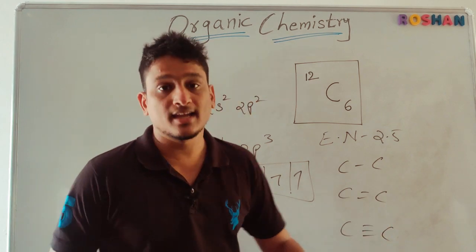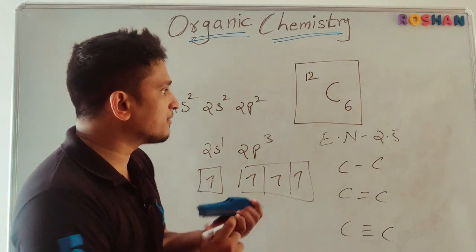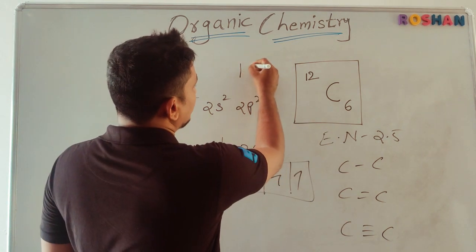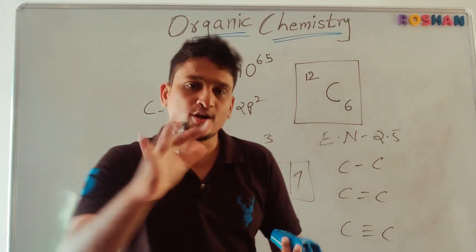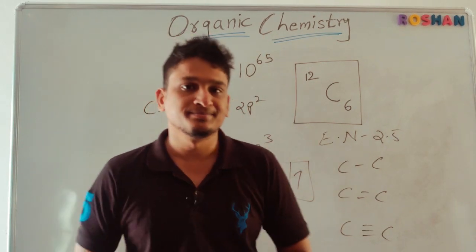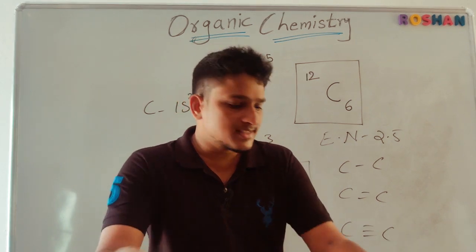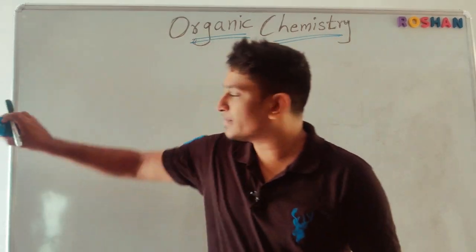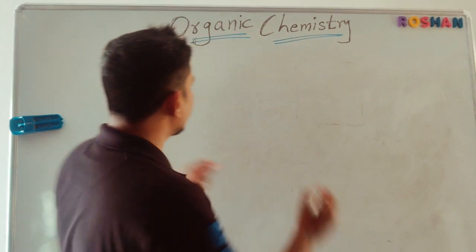Alkanes, alkenes and alkynes. Because of this reason, carbon can form n number of compounds. It is uncountable. There is a study that carbon can form 10 to the power of 65 compounds. That many combinations are possible only with carbon. Understood, students? So if carbon compounds are possible, what is the relation with life? I'll tell you. There is one unique property followed mainly by carbon, not only carbon, mainly carbon. That property is called